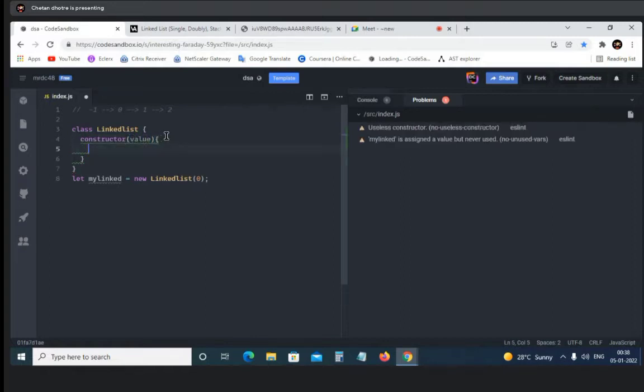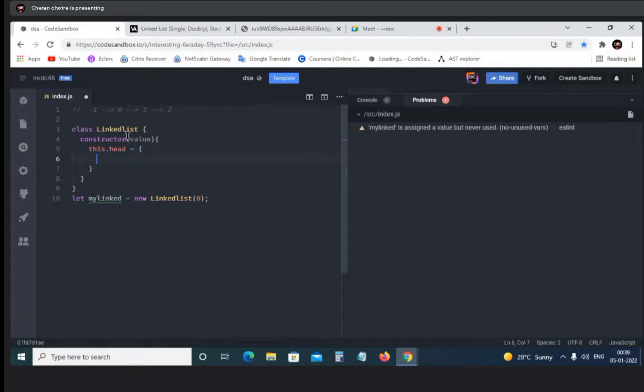And then, as I told you, a linked list is a collection of objects, so here I am also going to create an object. I'm going to name it head, and this will be our object. And in this, I have been using the this keyword throughout the process because this will have access to all the variables and the properties throughout the class. That's why I'm using it.